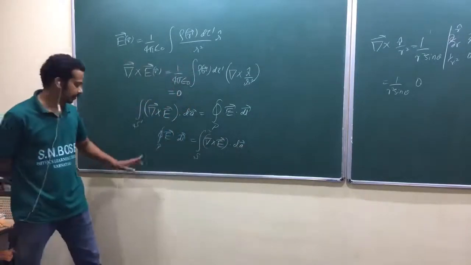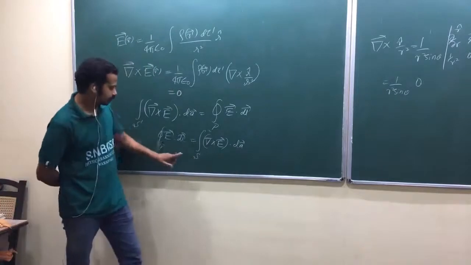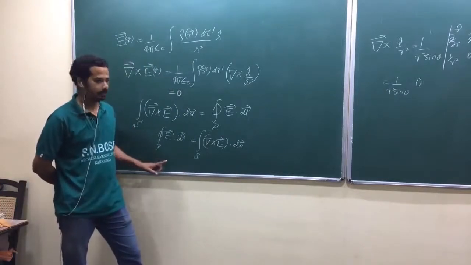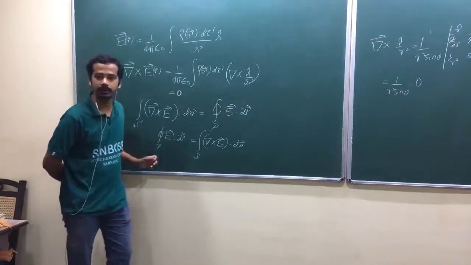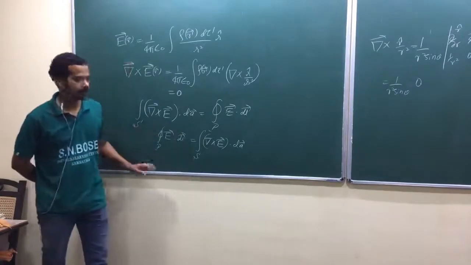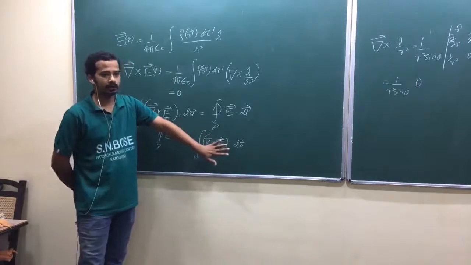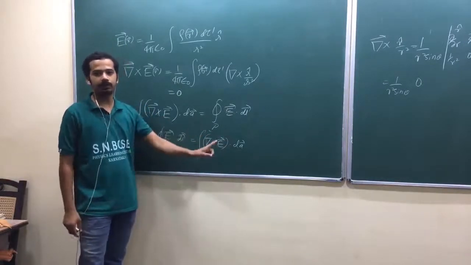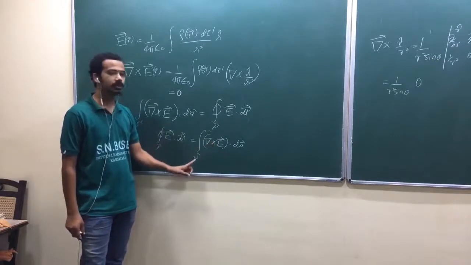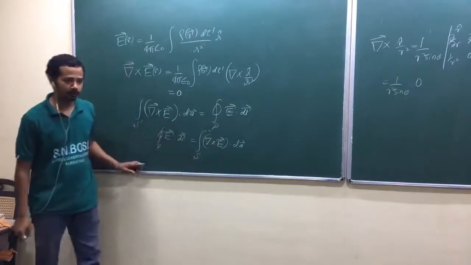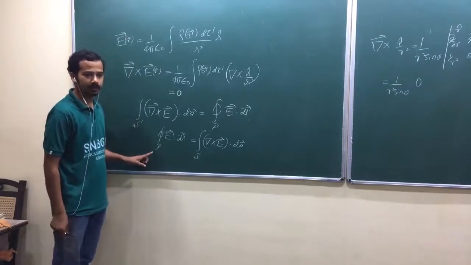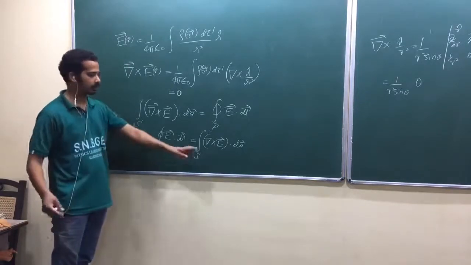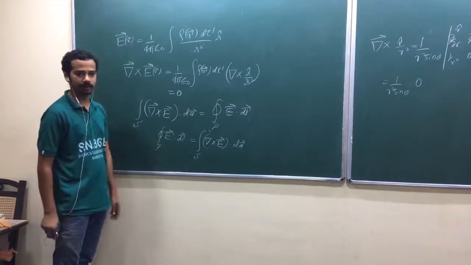Okay. Now look at here. What is this surface? This is the surface whose boundary is this path. So this is any surface whose boundary is this path, that you should remember. Is that okay? Because curl of a vector field is a very special class of vector field whose surface integral is independent of the surface. It depends only on the boundary line. Once you have chosen one closed path, you can take any surface whose boundary is this closed path, and that surface integral is the same.